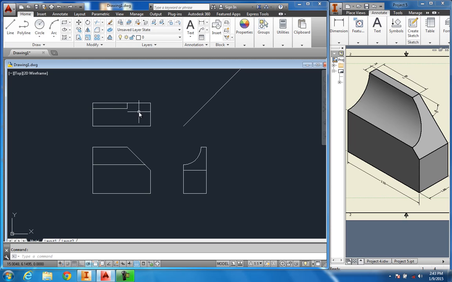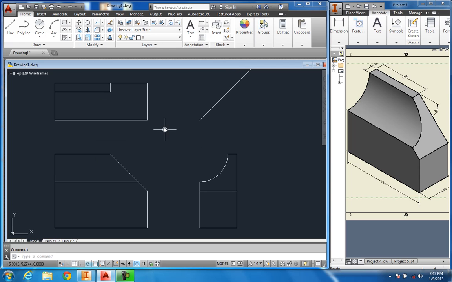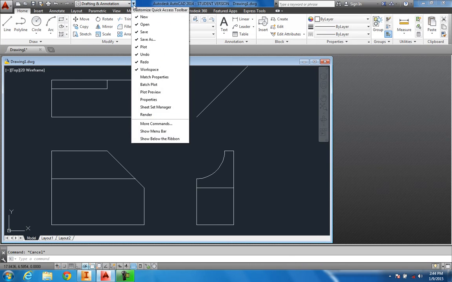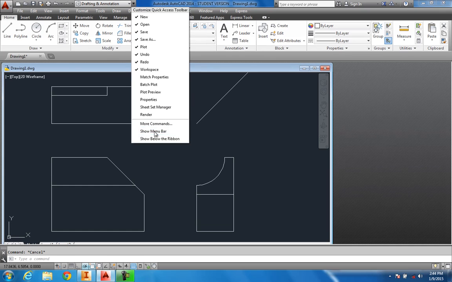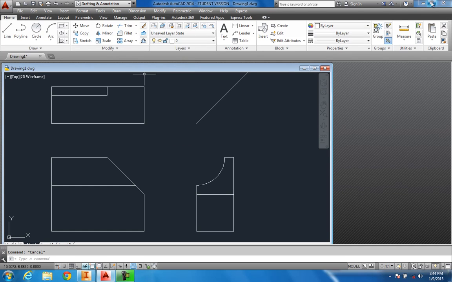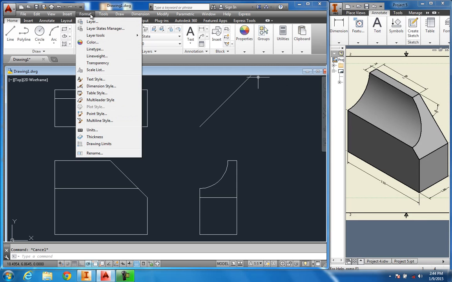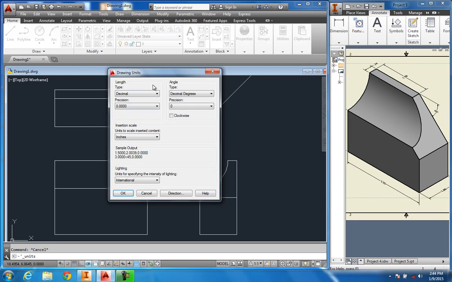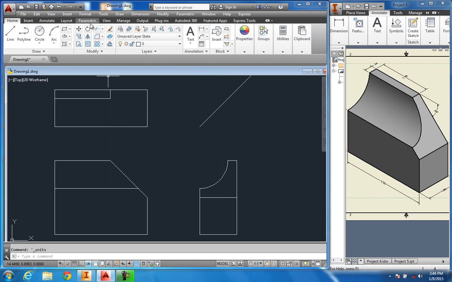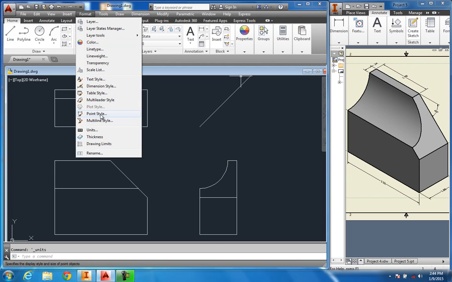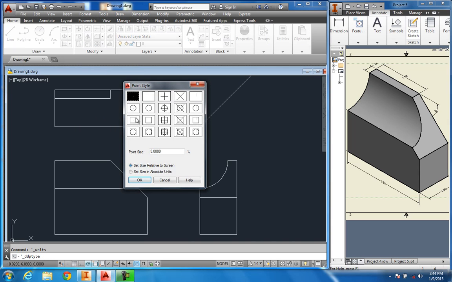And to do it, it's not too hard. It's pretty simple, and I'll show you the method of how to do it. First thing I always do would be to come up here. I'll go right up here to this tab, and I want to hit Show Menu Bar and put this menu across. Then I want to close that back down so I can see this. I'll hit Format, and then I'll hit Units. Now, after I got this bar up here, as you see, I want to hit Format, and I want to come down to Point Style. Click. And I want to use this point style right here in absolute unit